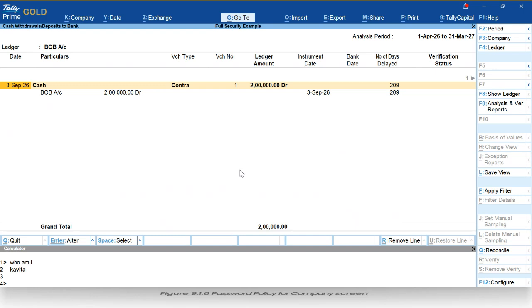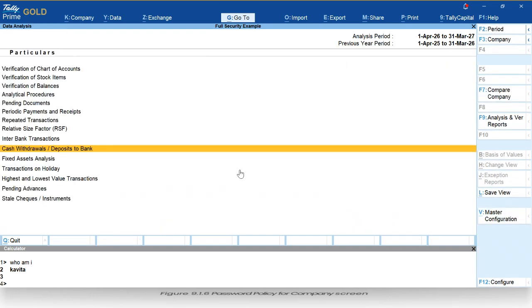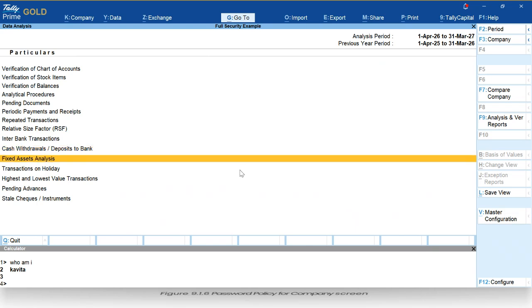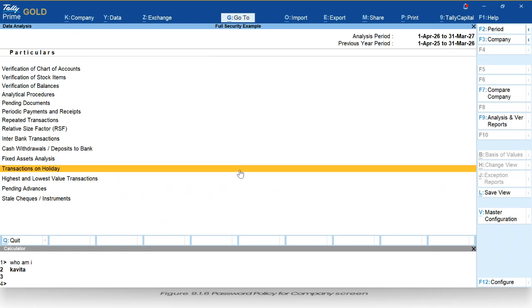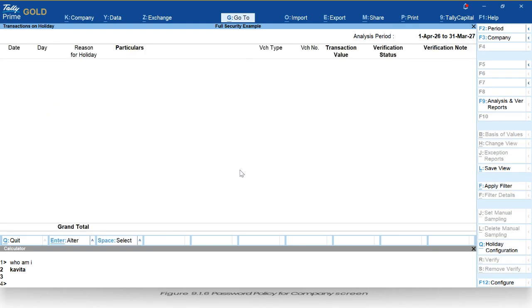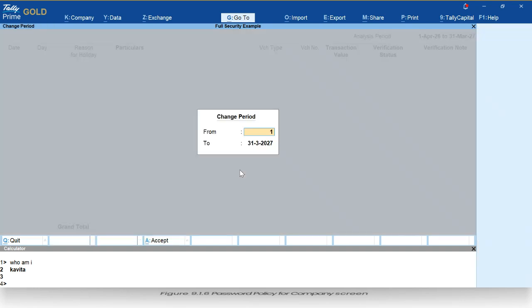This is the analytical process, analysis report, and this is especially for audit purposes. Fixed assets analysis. I am having only the furniture. Then transaction on holiday. Sunday is usually the holiday. So presently there is no transaction on holiday. So I should check the